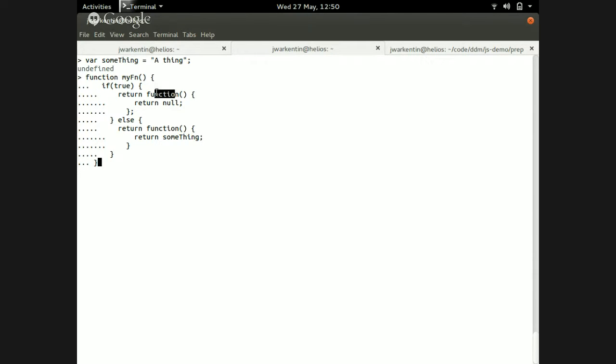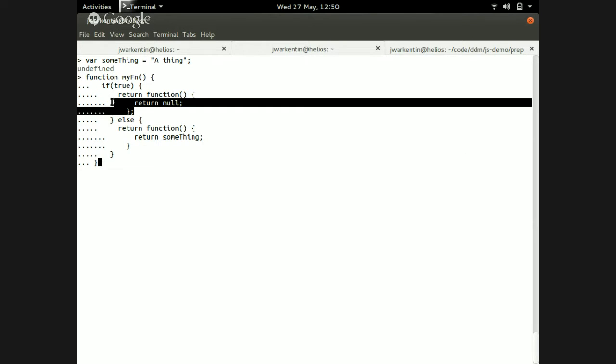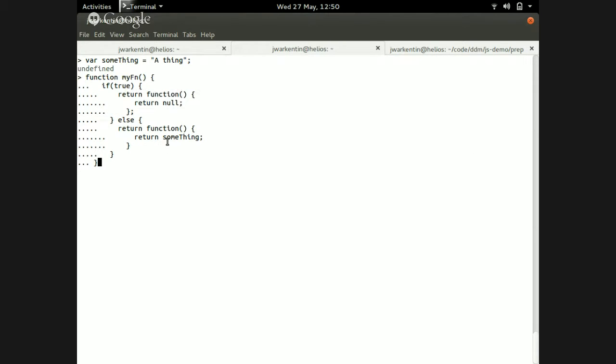But the way that the Chrome V8 engine works, which is what Node is running on, so you have to be aware of this, is it keeps a single lexical scope for all closures inside your function context. Even though we're calling if true, this here can never ever run. This closure can never run. Only this one can. But regardless, because there's a closure, this here is, at the time before the function even runs a line of code,